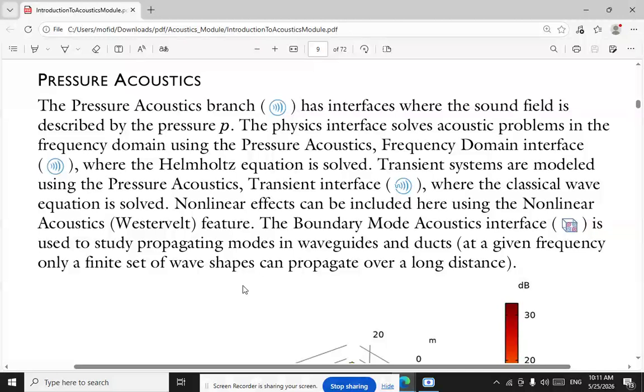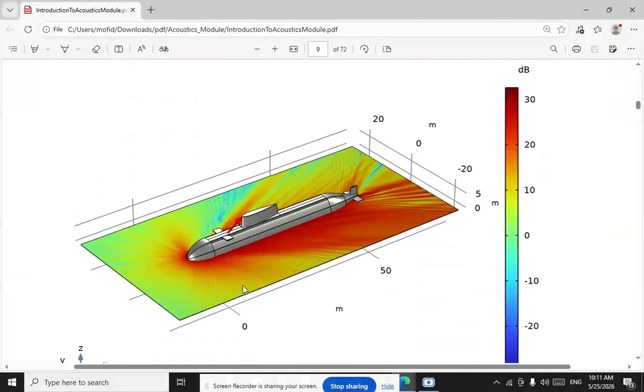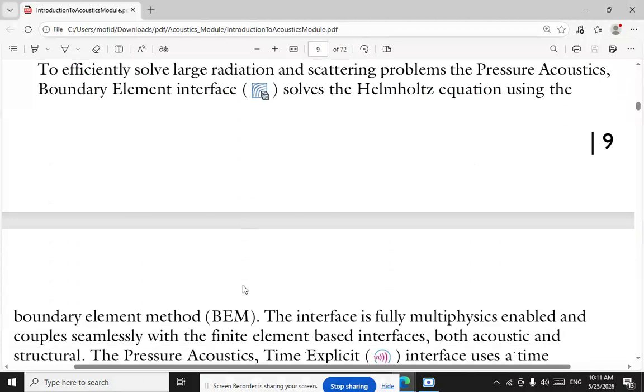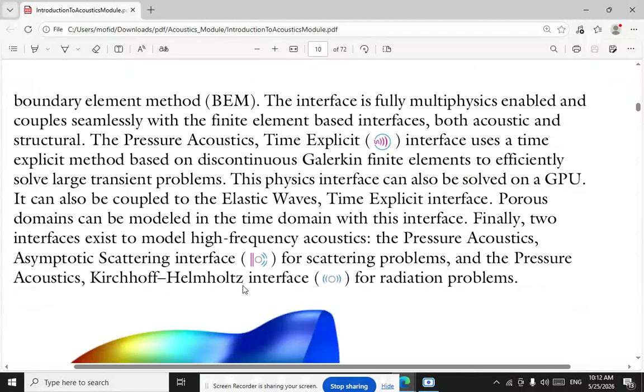The boundary mode acoustics interface is used to study propagating modes in waveguides and ducts at a given frequency. Only a finite set of wave shapes can propagate over a long distance. To efficiently solve radiation and scattering problems, the pressure acoustics boundary element interface solves the Helmholtz equation using the boundary element method. The interface is fully multiphysics enabled and coupled seamlessly with the finite element based interfaces, both acoustic